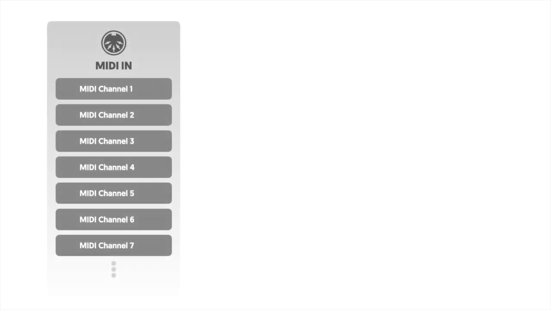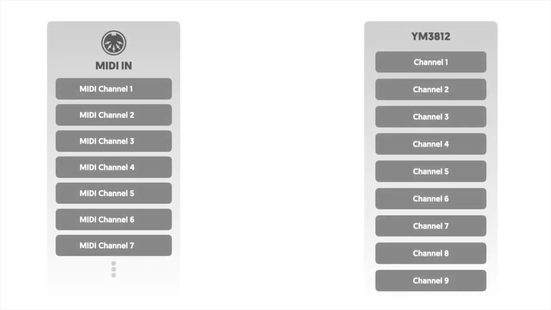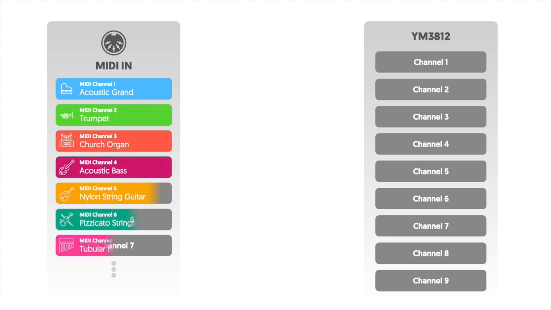Okay, let's try this. On the left, we have our MIDI channels, and on the right, we have our 9 channels of the YM3812. What if instead of conceptually assigning patches to the groupings of channels, we assign them to the MIDI channels? Then, when a MIDI note comes in, we can choose a channel using our polyphonic algorithm that we talked about in the last video to select the right channel, and then upload the patch information, and then